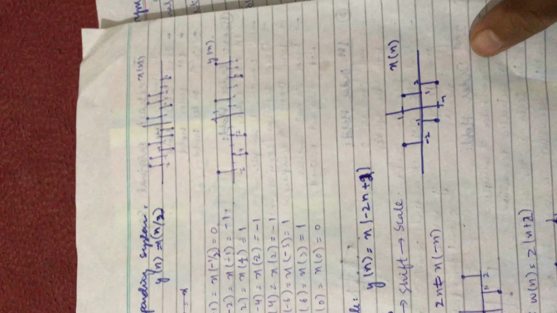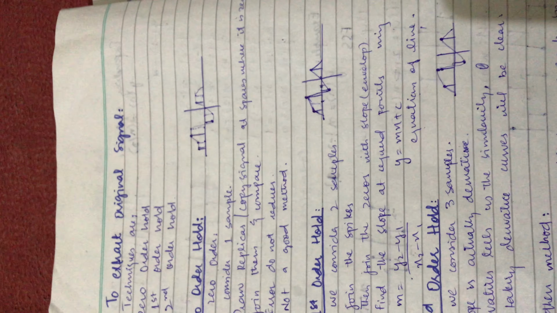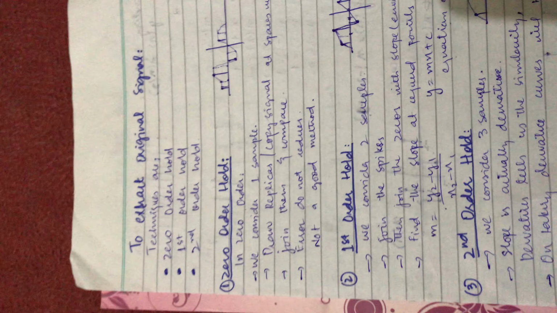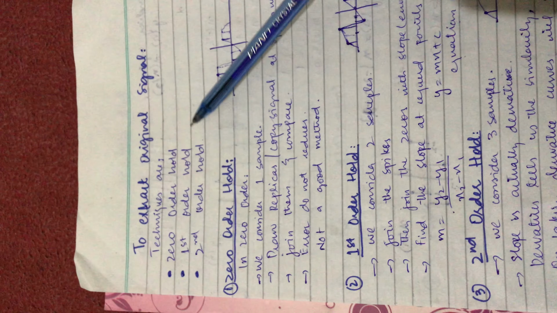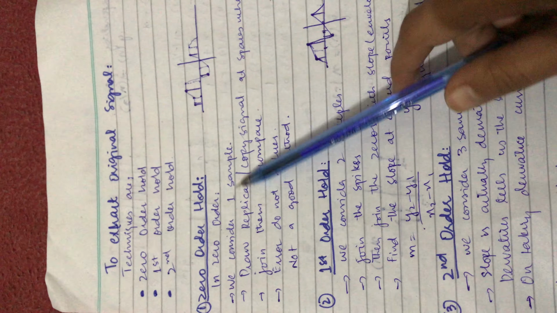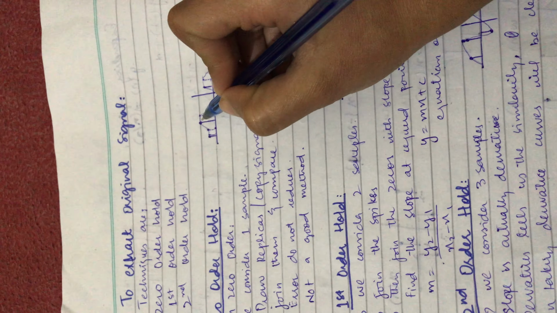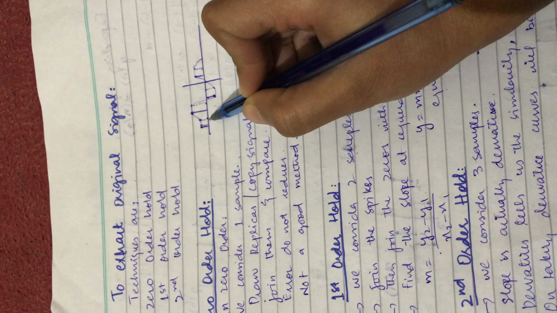So how can we extract the original signal from the expanded or compressed signal? For that, we'll go through 3 techniques: the zero order hold, first order hold, and second order hold. In the zero order hold, we consider one sample, and we draw the replicas of the spikes at